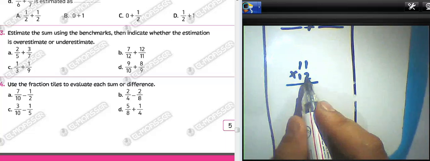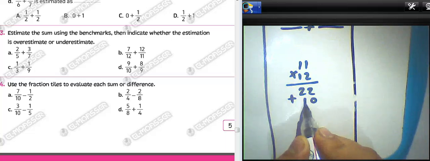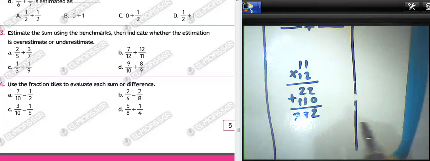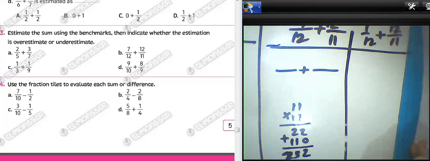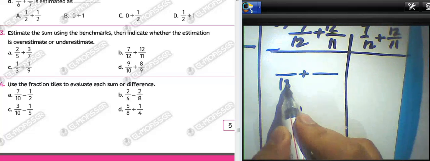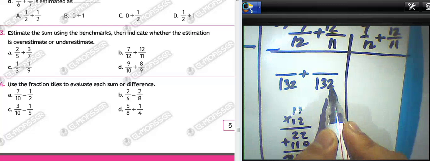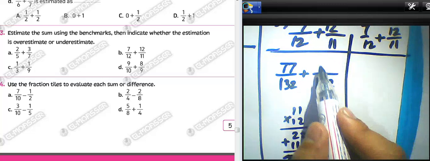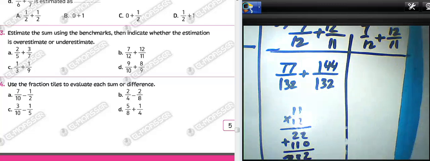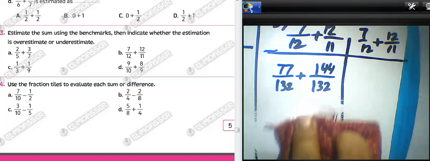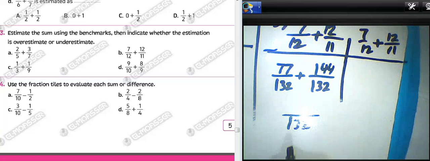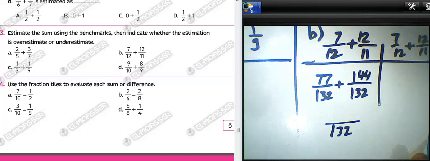2 times 11 equals 22 plus 0. 1 times 11 equals 11, and then we can add. The result will be 132. Okay, it's the least common multiple between them. We can write 132 and 132, and 7 times 11 is 77. 12 times 12 equals 144, and then we can add them by writing 132 in the denominator and 77